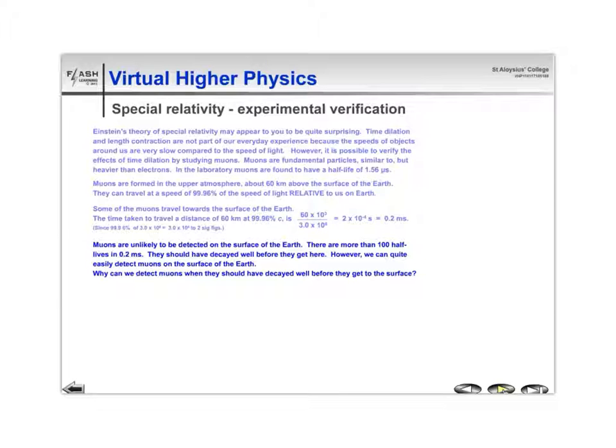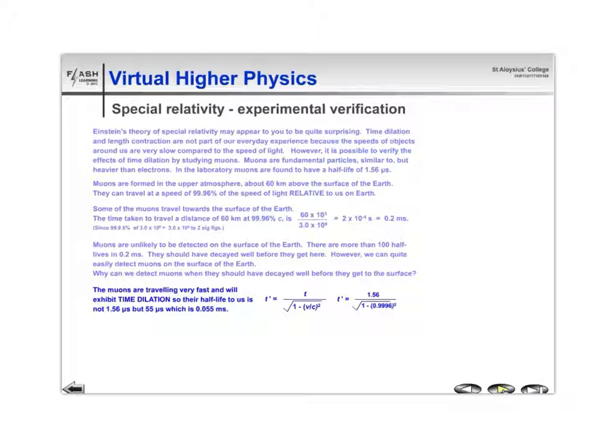However, we can actually quite easily detect muons on the surface of the Earth. Why is that? Well, the answer to that is to do with special relativity. The muons are moving in a reference frame compared to us. So when we're observing them, we see their time as being dilated. And we find that their half-life is about 55 microseconds, which is not quite the 0.2 milliseconds, but is a